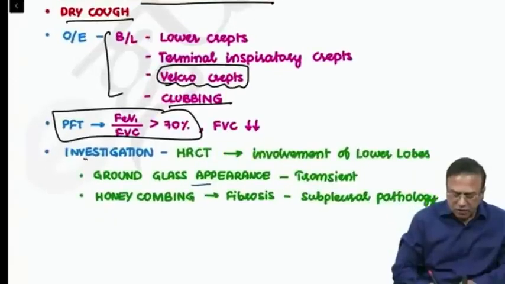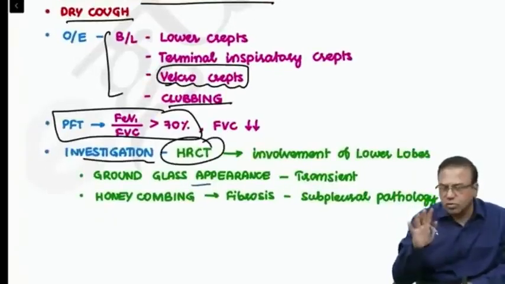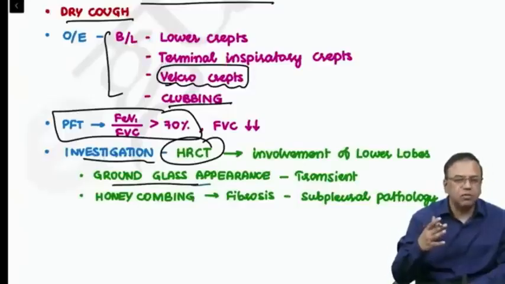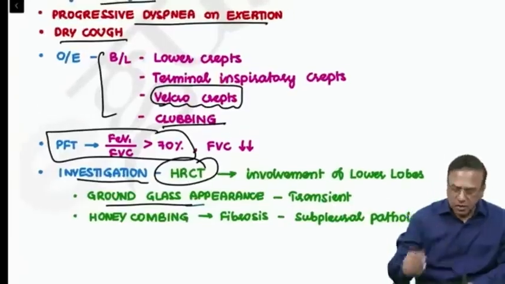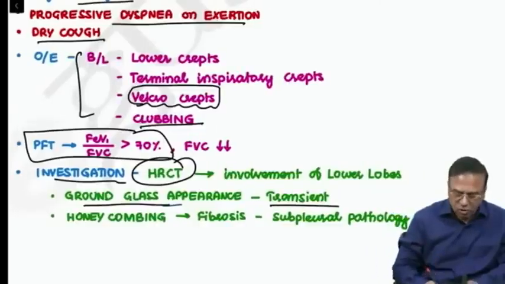The investigation of choice is HRCT. The MCQ will ask you, will you do lung biopsy? Answer is no. No lung biopsy, HRCT is enough. Usually ground glass appearance will not occur, indicating steroids will not work because ground glass means alveolitis. In this patient, ground glass is very transient, may not be there most of the time, but you see lot of